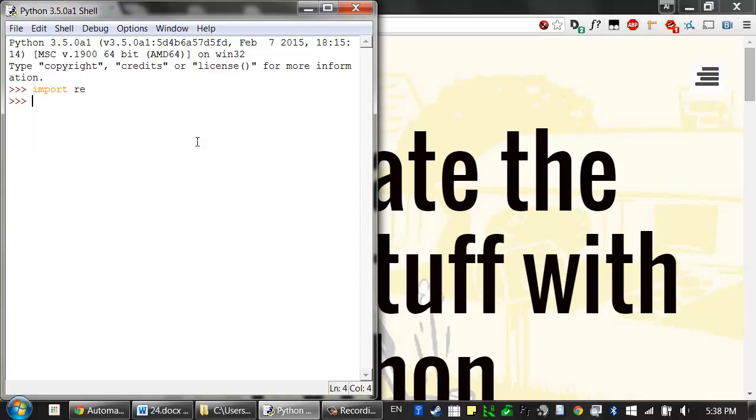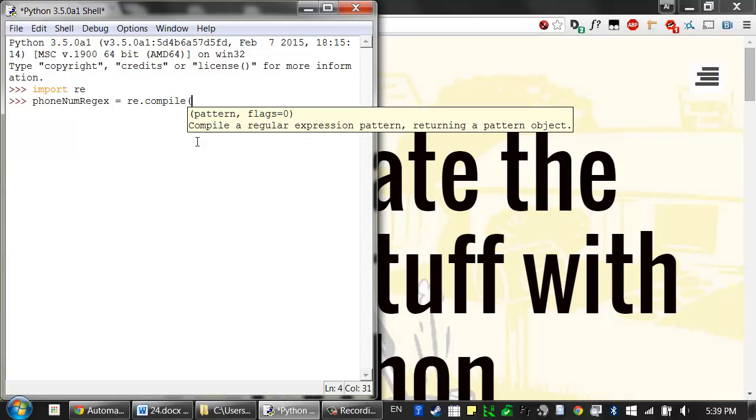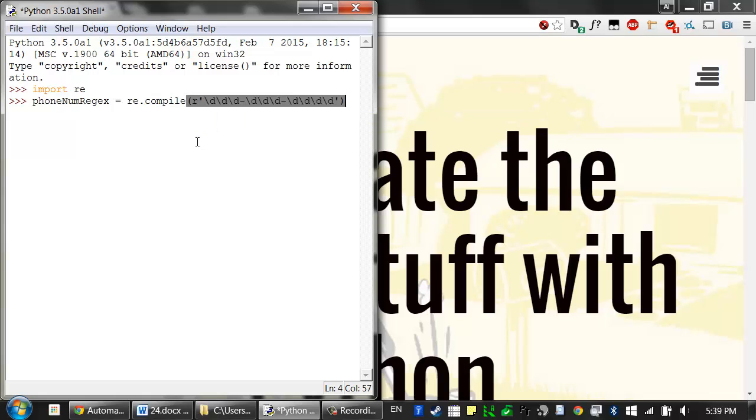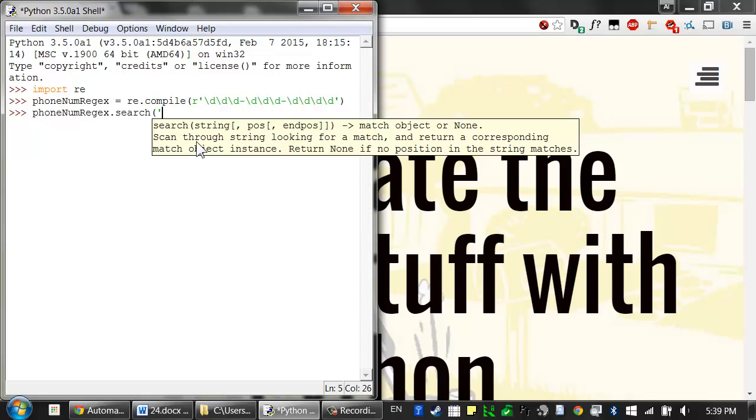First, we're going to have to import the re module. We'll have to create a regex object, which I'll store in this phoneNumRegex variable. So we create regex objects by calling compile, and then passing it that string of the regular expression pattern that we're looking for. And we use the method of that regular expression object called search to search a string for this pattern. So let's say the string was, my number is